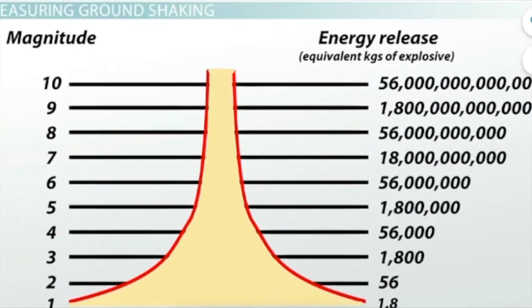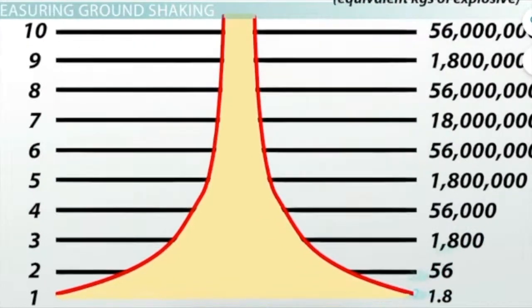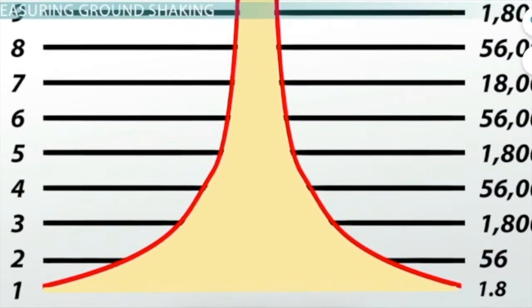Now let's see how this relates to the total energy released during an earthquake. Through measurements of seismic activity, scientists know that the energy released by an earthquake, which is what causes all that shaking and moving in the first place, increases 32 times for each step up the Richter scale. Take our example from before where we have a magnitude 1 and a magnitude 2 quake. The magnitude 2 quake will have 32 times more energy than the magnitude 1 earthquake.